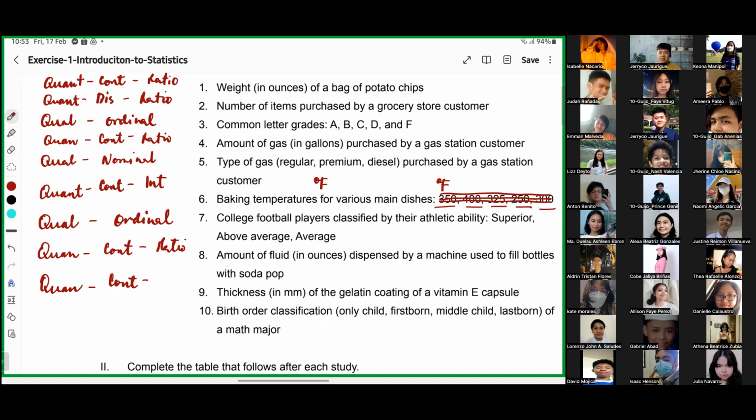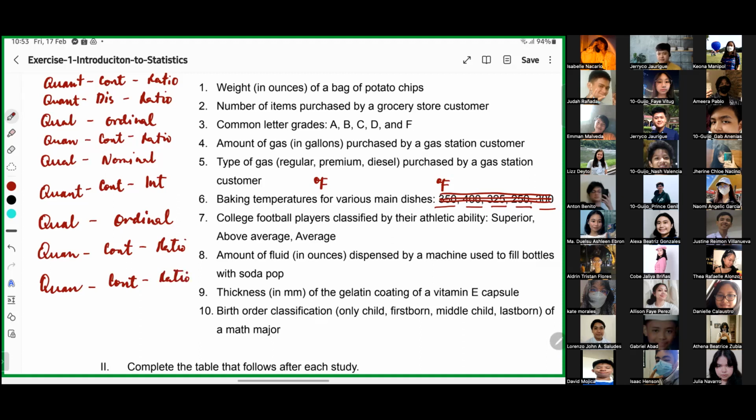But in this case, it's in millimeters. So, mineasure na natin siya. So, you have to think, either interval ba siya or ratio. So, we always think of, kung ratio siya, kapag ba zero yung measurement, walang measurement na ba yun? Ratio po, sir. Yeah, that's ratio. All right. Let's have number 10.